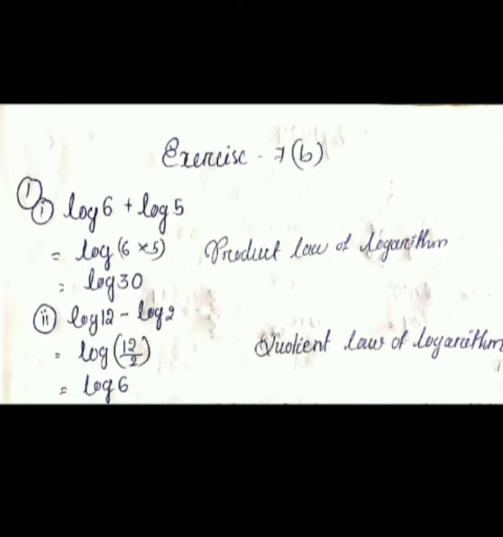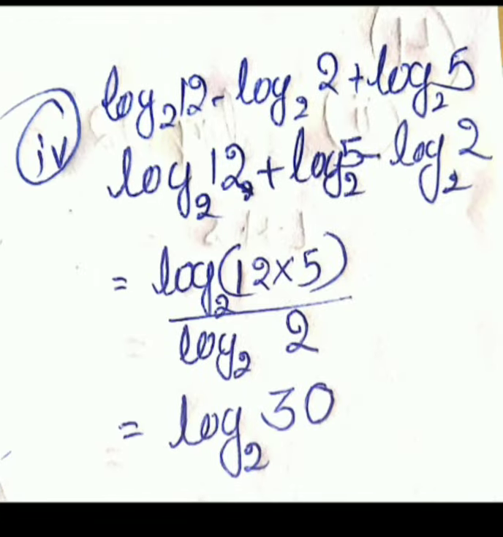Now next, see number 3. You have to do it; all are in addition. Same as before, we have done the addition. You have to multiply: log of 5 into 2 into 4 to the base 3. Okay? And you will get the answer. Number 4: log of 12 minus log of 2 plus log of 5 to the base 2. Okay? Here addition is also given and subtraction is also given. The addition and difference both are given.